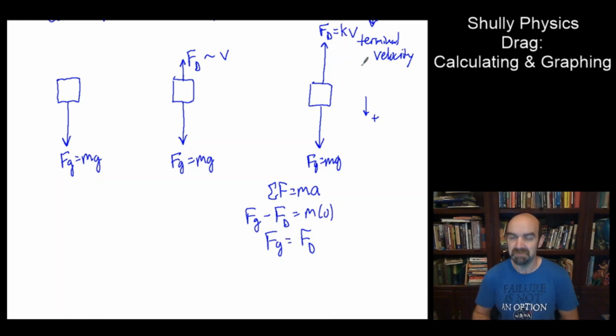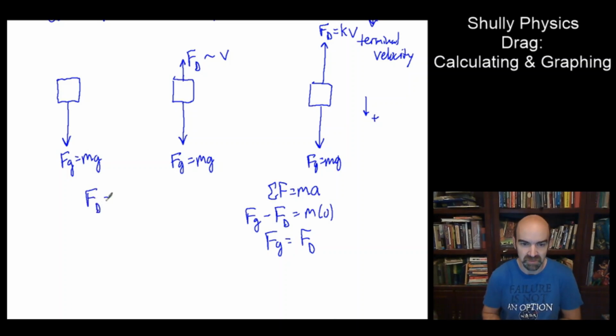Now, when you apply this experimentally, when you drop a bunch of objects, you can actually figure out what k is for a particular object falling in a particular fluid substance. So what goes into the k value here? I'll talk a little bit about this drag force. I'll bring it down here. What goes into the k is something called the drag coefficient, and that has to deal with the shape of